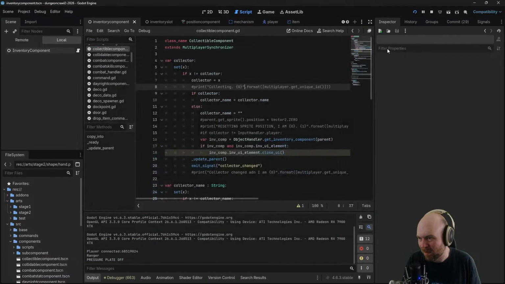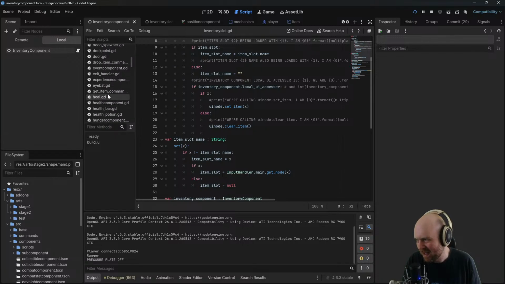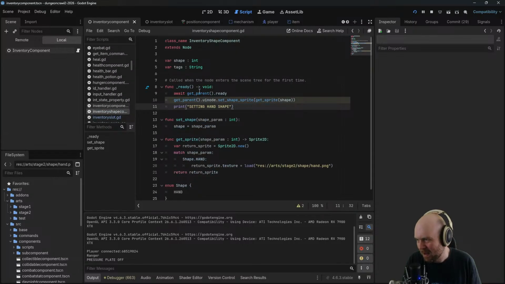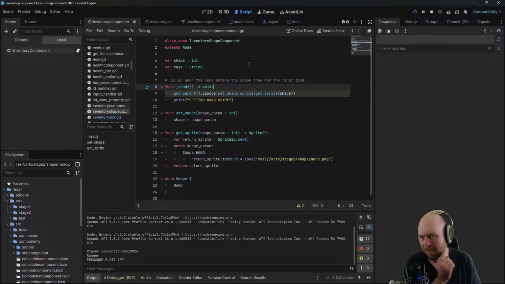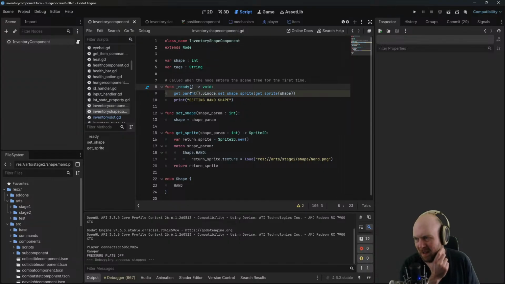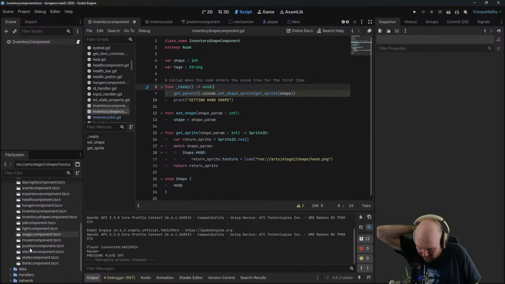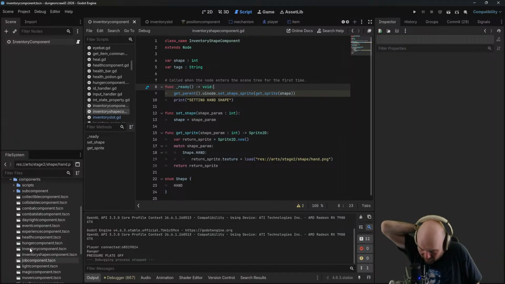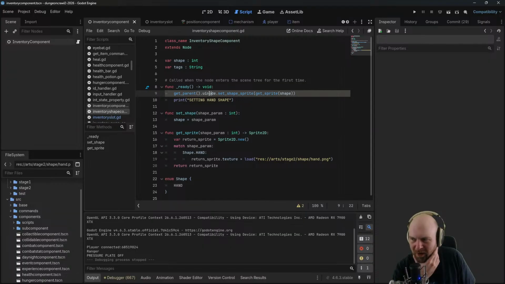Okay, that's the problem. Yes, because by the time we get here, just nothing. Okay, so I need to think about this. So the parent is an inventory slot. The UI node should already exist when we